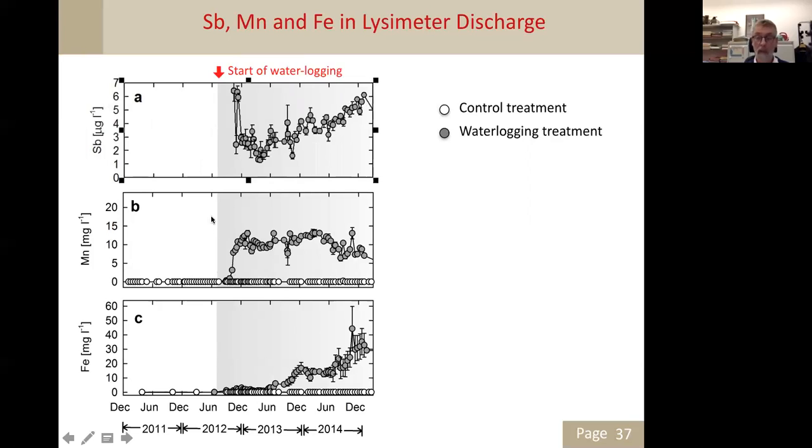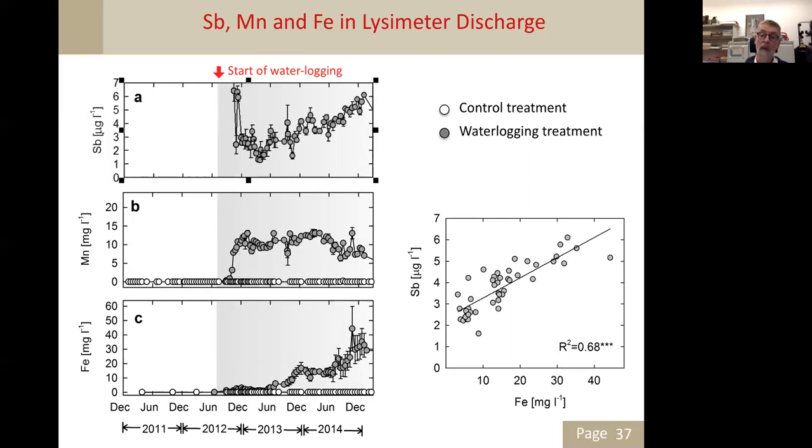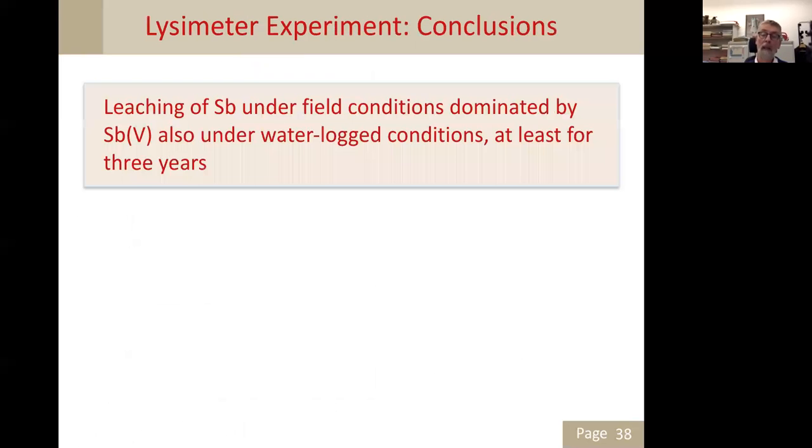So while it was not nearly as strong as we observed in the columns or in the microcosms, we still found this increase, and it was more or less related to this increase in the iron. So we think that this was a main process, and if we correlate the iron concentration in the effluent for this phase after this first drop, we are still in the drop phase, then we found quite a nice correlation, which is in agreement with the hypothesis that it was mainly reductive dissolution of the iron oxides.